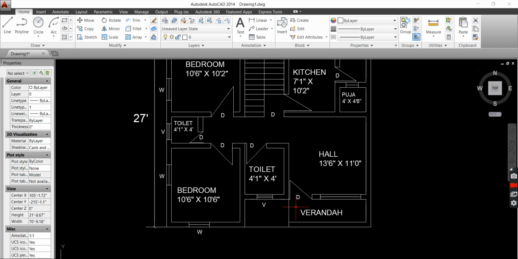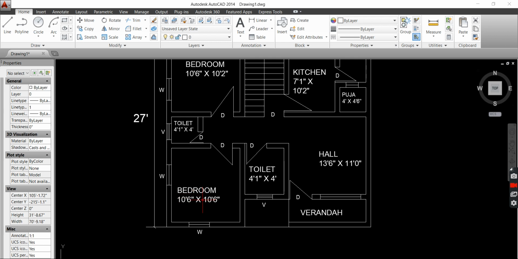See, I set here the door symbol D, V for ventilator, and W for window. We set the dimensioning in the lettering.